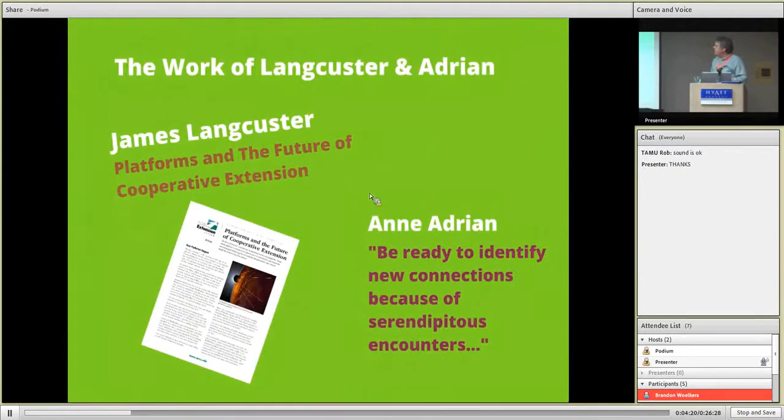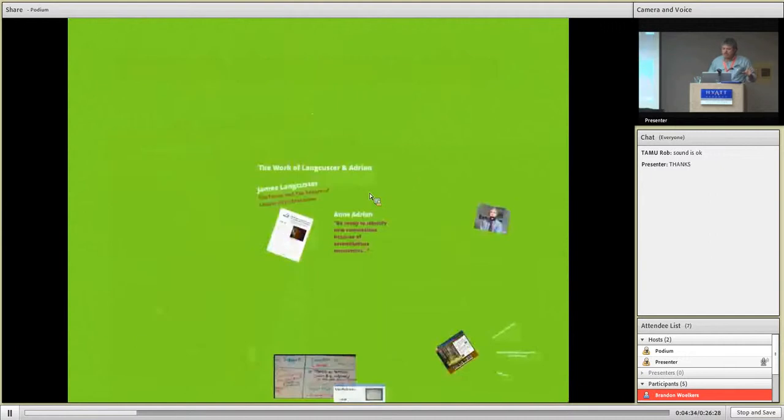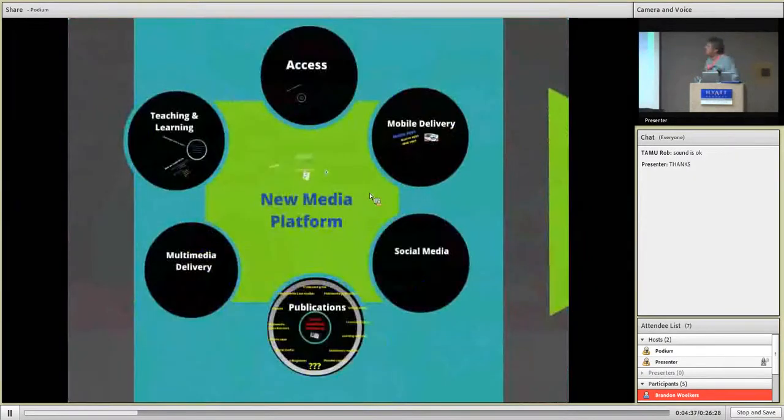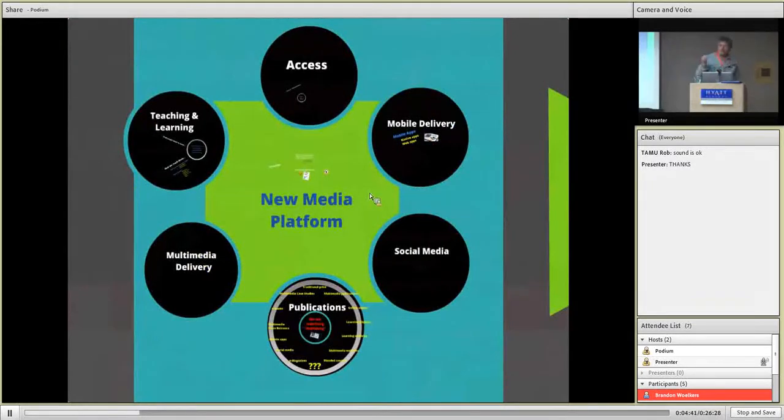They were talking about using the idea of a platform to move yourself forward as an organization. And that's where I realized we were just trying to build a platform. And the idea of building your own software was really probably not the best idea. Instead, we started being strategic and came up with this model of a digital strategy for a new media platform. You'll recognize all the standard things we all deal with here. Every one of these is in response to a kind of demand from our audience.